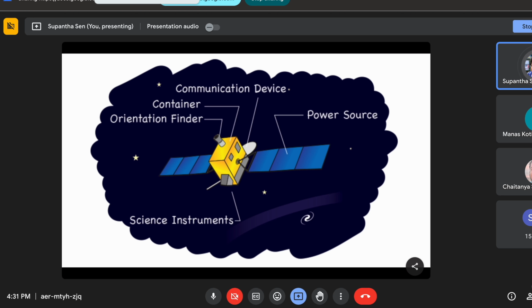Why a container? Because space is vulnerable to many issues: electrostatic discharge, some charge can come, radiations, cosmic rays, and many things that can burn your system. That's why you need a container. And also temperature control is one major concern in a satellite. I will come to it.